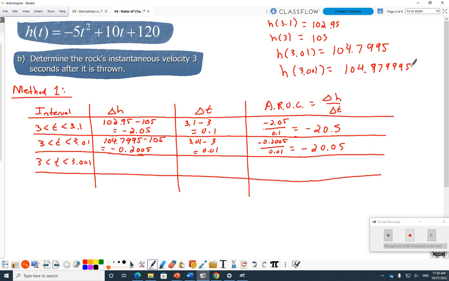So I get 104.97995 minus 105 equals 104.97995. Subtract the 105. Negative 0.02005. And my delta T was 3.001. Subtract 3. And then when I divide those,